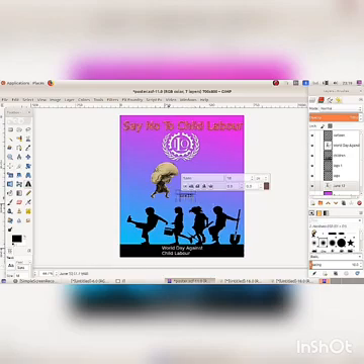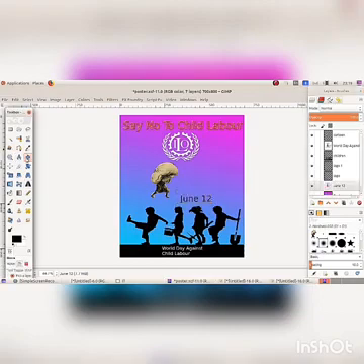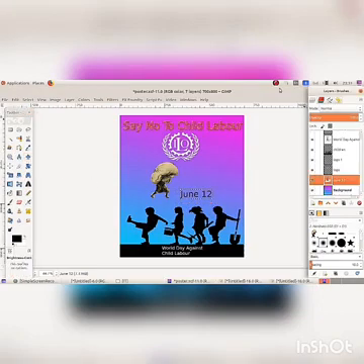Then change its size using the Text tool. Select the text. Then change its size. Then in the layer palette, select the text June 12th and using the Move tool, change its position.